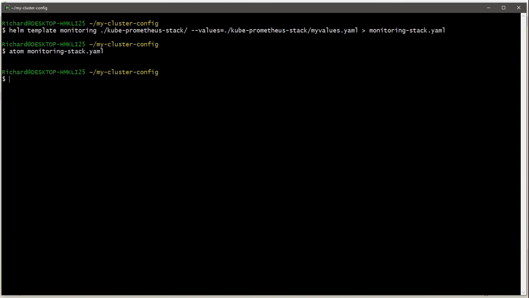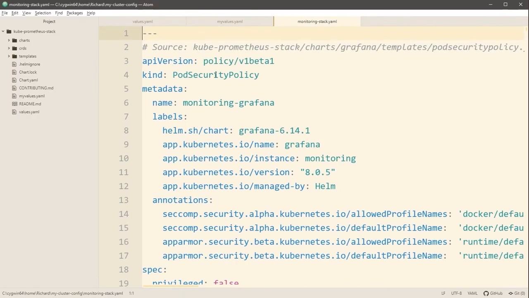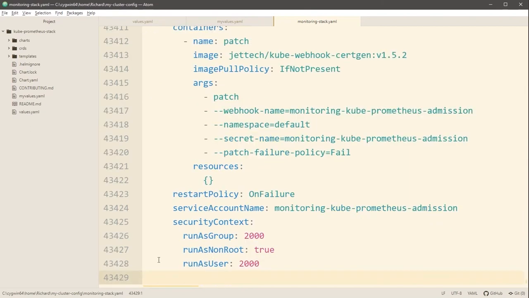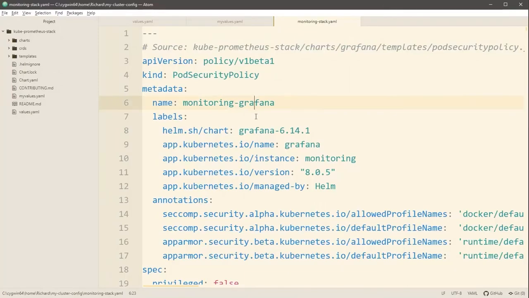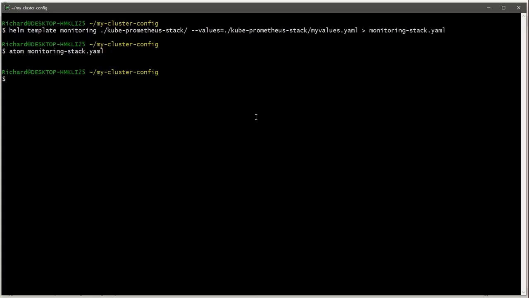But if we open up that file in an editor, I certainly don't want to look at all of this. But going to the bottom of it, we actually have 43,000 lines of YAML, but it is just standard Kubernetes YAML. So now that you have this ability, you really have a choice, and it entirely depends on the preferences of your project. What you could do now is take this monitoring-stack.yaml and make that the single source of truth. You could put that into our source control system, and from now on, that's the file that we're going to maintain.